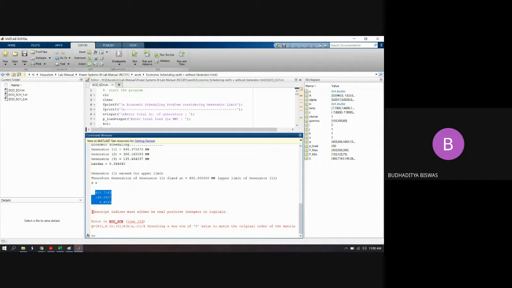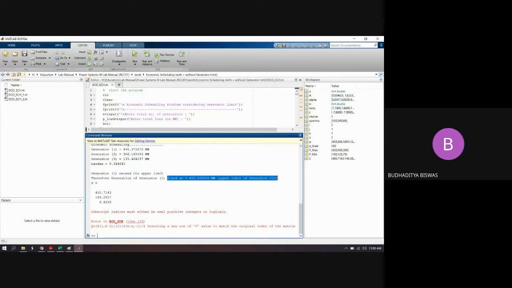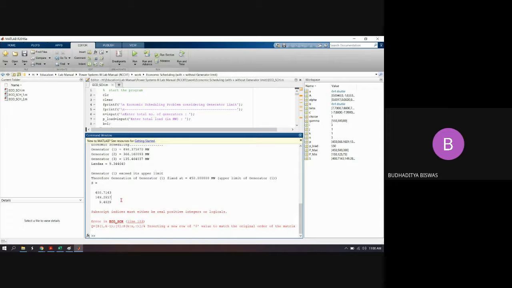And this error is actually coming because in that problem, I took the number of generators as 3, but when you fixed some generator as 1, then the remaining problem is taking the number of generators as 2. So that's why this thing was forgotten to be mentioned, and that's why some error is there. Otherwise, if you just change this value, the error should not be there. The generation 1 should be this one, generator 2 should be this one. So this is just rearranging all these things, nothing else. This is the modified formula for taking all these things.